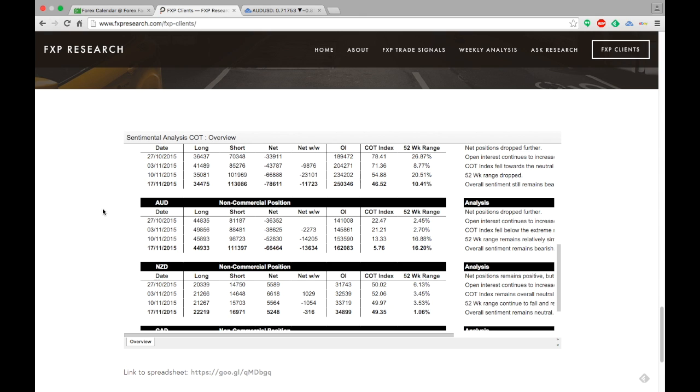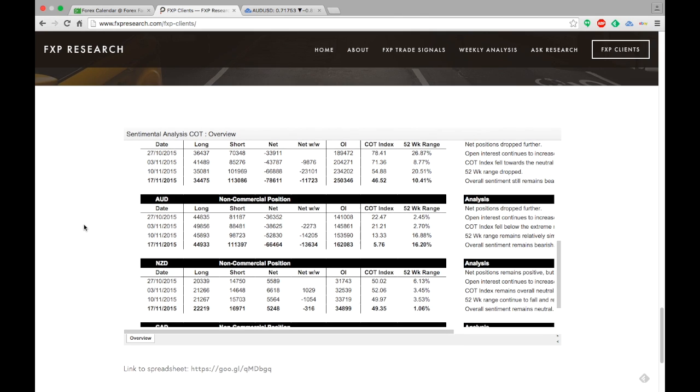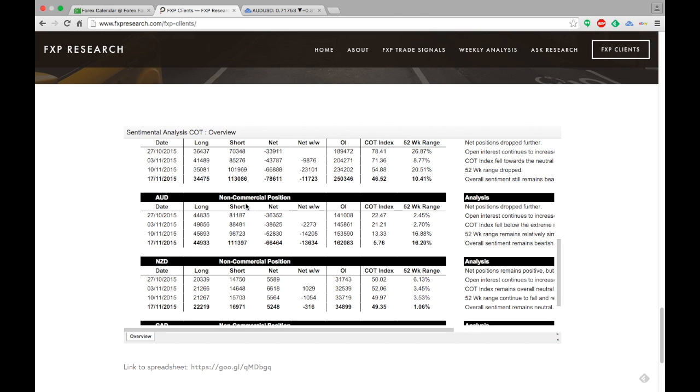For the COT report, what we are focusing on is a lot on the non-commercial positions. Non-commercial positions are mainly the huge players. Then you have the commercial positions. Commercial positions are companies that mainly enter positions to hedge their business itself. Those people are entering the FX market not to make a profit out of it, but really to hedge their positions and protect their businesses against fluctuations in the forex market. That's why, if you want to read into the COT report, a lot of focus is put on